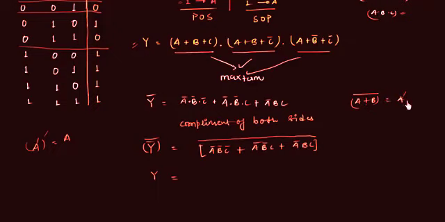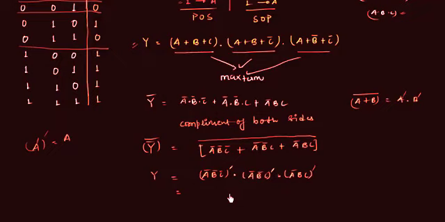This OR will now change to AND, and the B will now be written as B complement. We will use this law here, and we have A complement, B complement, C complement, and the complement of the whole. This OR will change to AND and we have A complement, B complement, C, then its complement. This OR will change to A complement, B, C, and its complement.